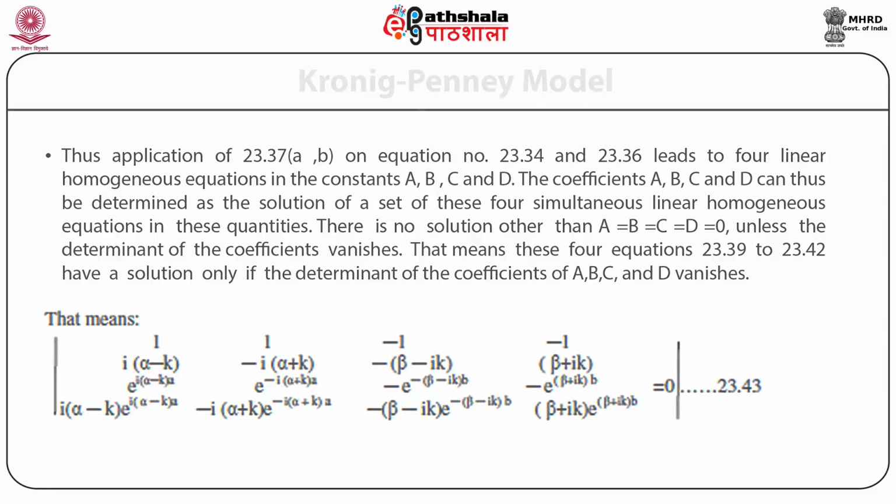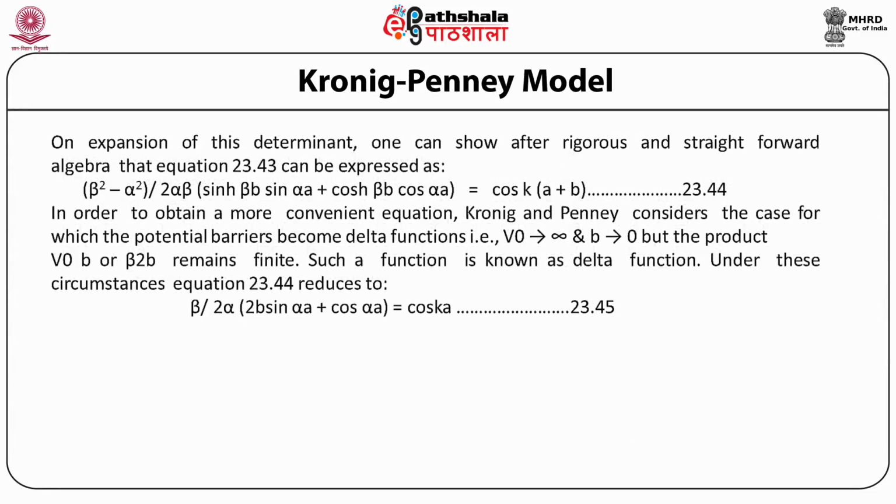23.43. On expansion of this determinant, one can show after rigorous and straightforward algebra that equation 23.43 can be expressed as (beta square minus alpha square) upon twice alpha beta, sin beta b sin alpha a, plus cos beta b cos alpha a, equal to cos k into (a plus b). Put it as equation